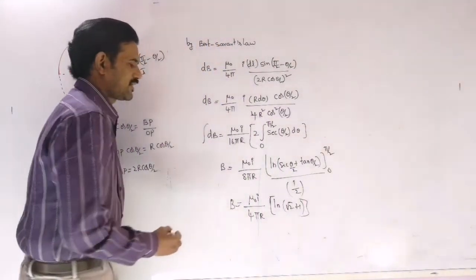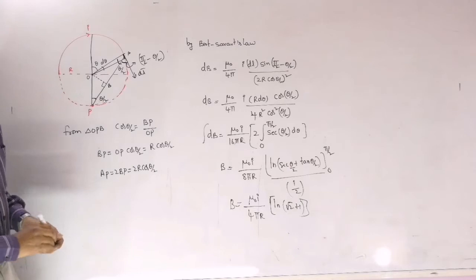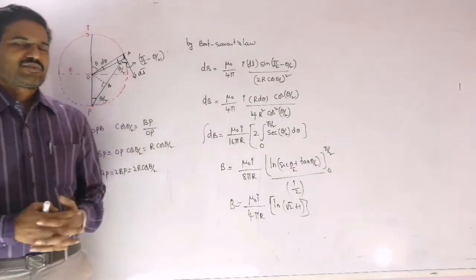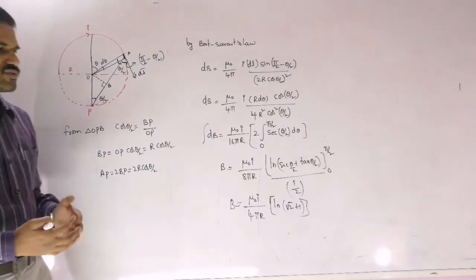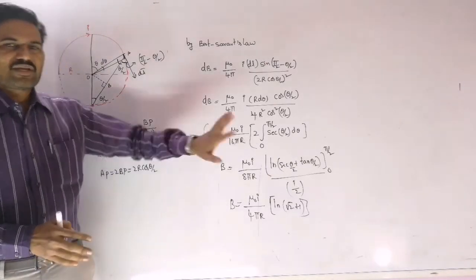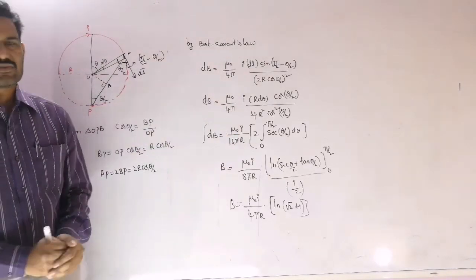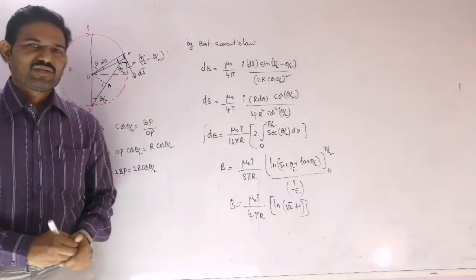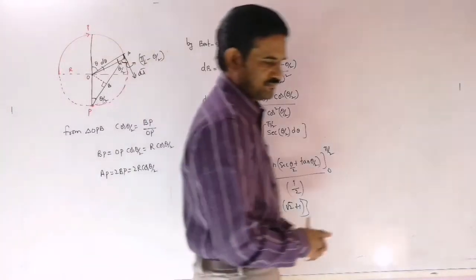So that is the magnetic field due to this semicircular arc at this point there, right? Sometimes they will ask some continuous distribution also there. This is a simple application of Biot-Savart's law here. We are just applying Biot-Savart's law, and according to that we are taking the limits there, right?